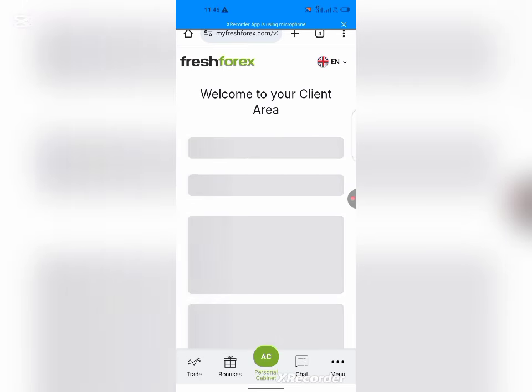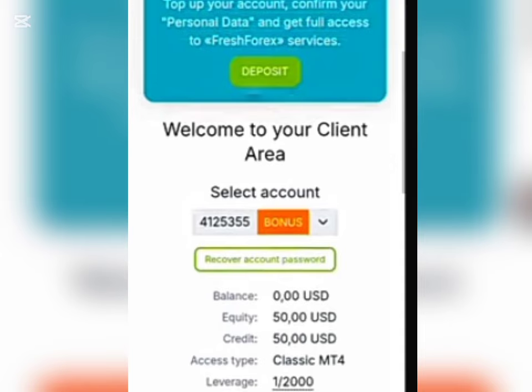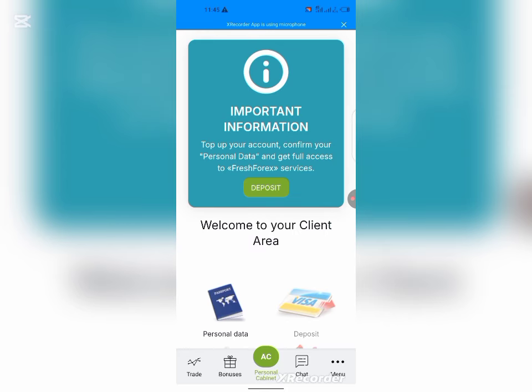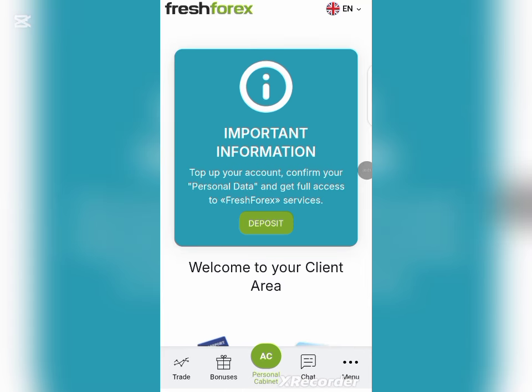So it's going to bring out your $50 to this place. The reason why they are bringing $0 for me is because I was unable to get mine because of the poor network I have. But right here on your screen, they will bring out $50 for you. Not just will you see your bonus over here, you will see your login details for MT4. You also see it over here, and it will also be sent to your email account. So the next thing for you to do is to go to your MT4 account and log in.